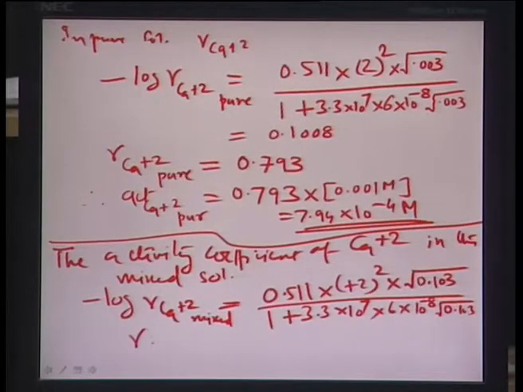So, the gamma Ca²⁺ in the mixed phase comes out to be equal to 0.3978,